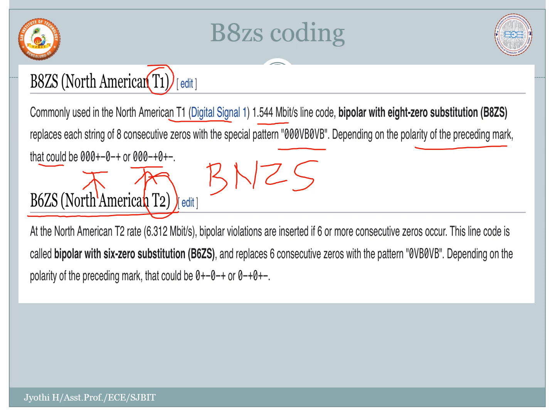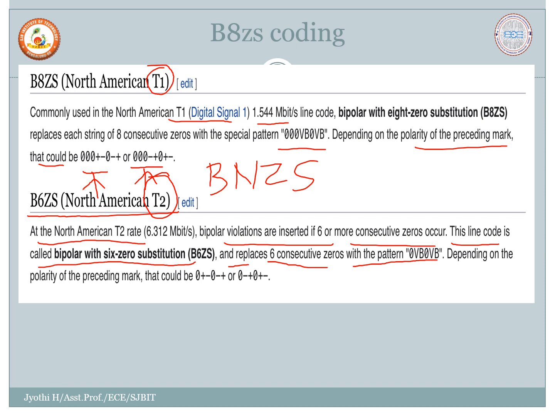Earlier it is for the T3 carrier. Now at the North American T2 rate, that is 6.312 megabits per second, bipolar violations are inserted if 6 or more consecutive zeros occur. So this line code is called bipolar with 6-zero substitution, B6ZS, and it replaces the 6 consecutive zeros,